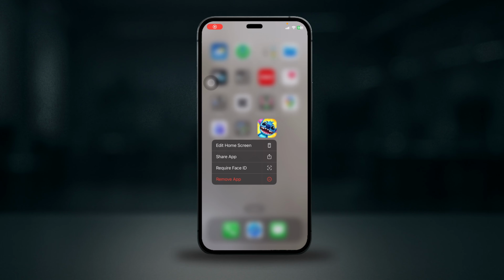Hey everyone, welcome back. Here's how to fix the Disney Solitaire progress not saving so your levels and achievements stay